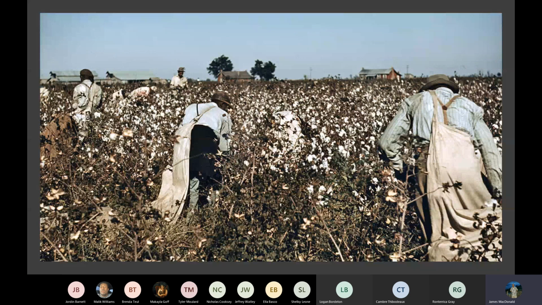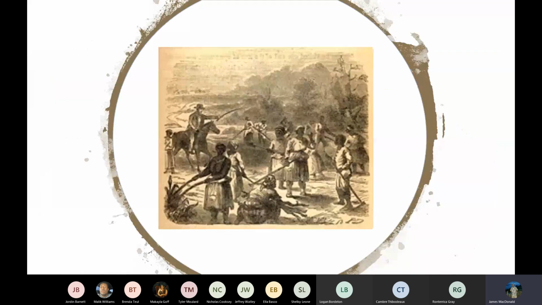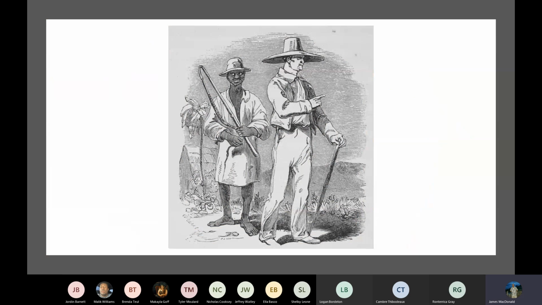Slaves on large plantations worked in gangs, and they were usually headed by a slave driver who would be chosen by the owner. Now, in this artist's rendering, it shows that the driver could be white or black. In many cases, there were overseers who, when the plantation owner was absentee, wasn't around, maybe they had a rice plantation outside Charleston and they also had a home in the city, they would turn over the duties to an overseer who could be white or black. But the day-to-day operations about making sure slaves were productive went to the driver.